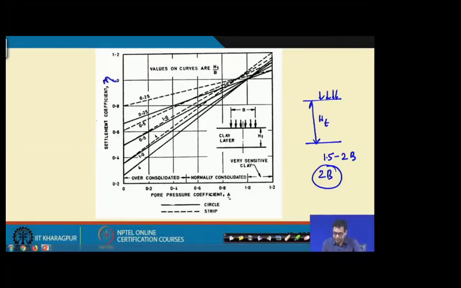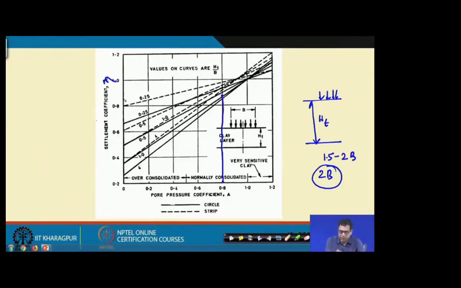For example, if our A value is 0.8 and we have a circular footing, that means the firm line, and for the strip footing the dotted line. So, we will go for the firm line and H t by B say 1. Here this is H t by B 4, this is 1, this is 0.5, this is 0.25. So H t by B 1 is this one,